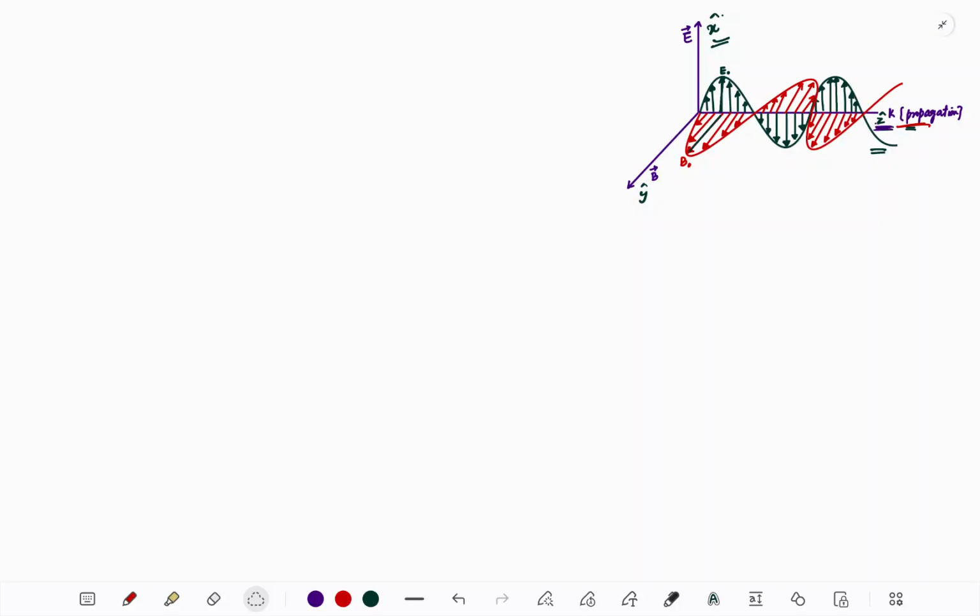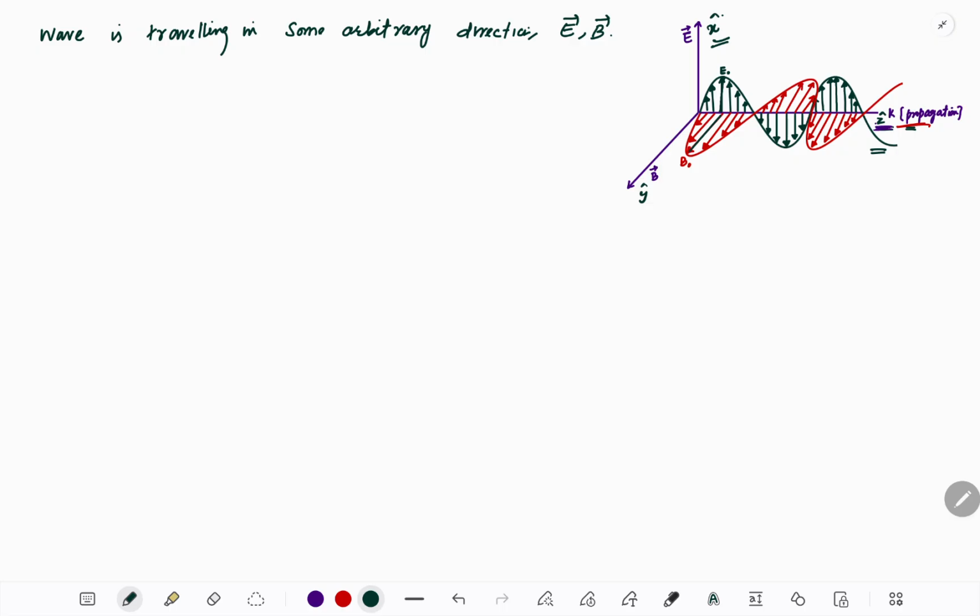Hi everyone, welcome back. In this video, we're going to understand how to write the solution to the wave equation if we have some arbitrary direction of the electromagnetic wave. That is, if the wave is traveling in some arbitrary direction, how to write the electric field or the magnetic field in that case, or simply the solution